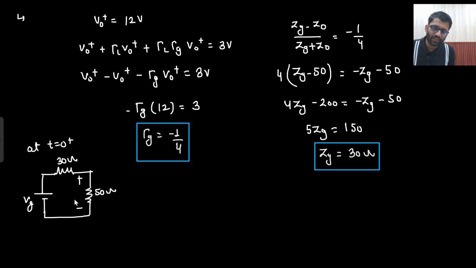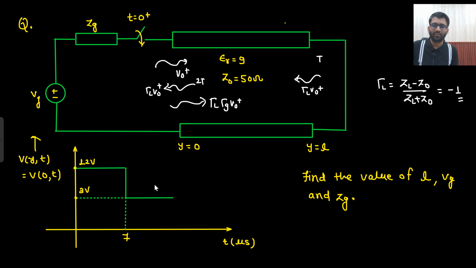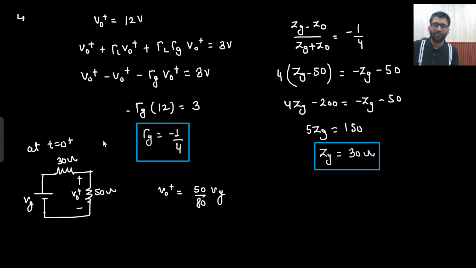And what will be this potential? This potential will be equal to V0 plus. So my V0 plus is equal to 50 divided by 80 into Vg, right? And what is the value of V0 plus? V0 plus is equal to 12. So 12 into 8 by 5 is equal to Vg. So the Vg value I am getting,